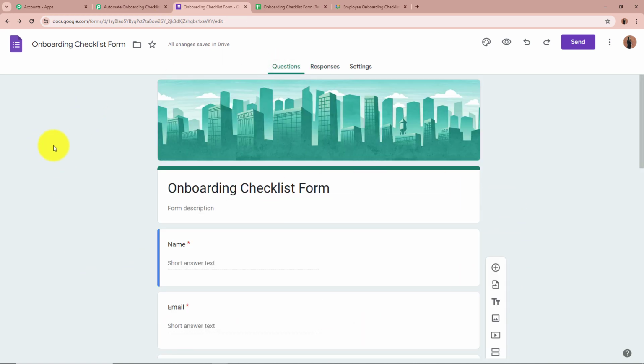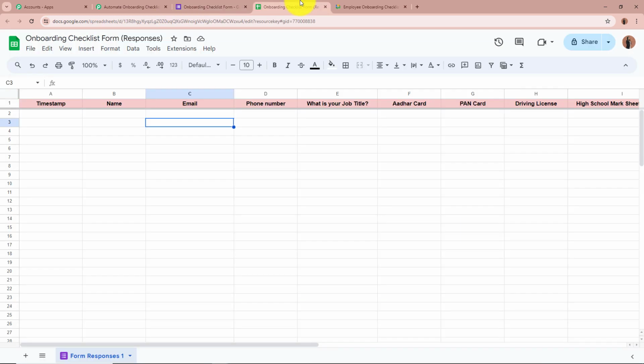So that whenever a new form submission is done with the help of this form, automatically all the data of that form submission is going to be transferred under these fields that we have created right over here. So what we're going to do is connect this spreadsheet with Pabbly Connect so that whenever new data is transferred into the spreadsheet, automatically Pabbly Connect is going to capture the response of that new data. For that, for connecting the spreadsheet with Pabbly Connect, we're